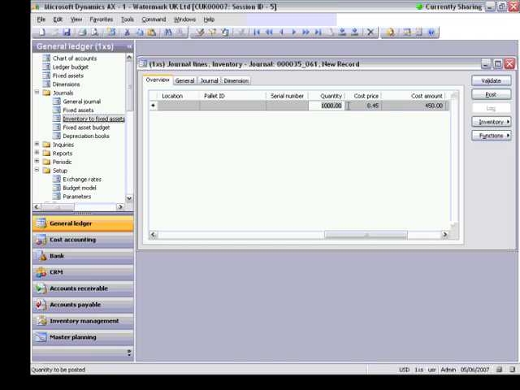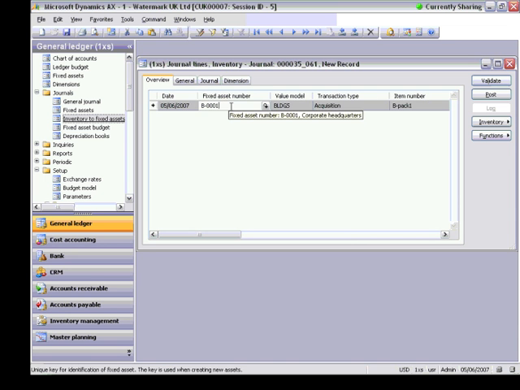Then quantity. System for you will update average cost or standard cost. It depends on item settings. And system will calculate cost amount. So you can, in one journal, select for one fixed asset number as much item as is necessary. Let me show the exercise